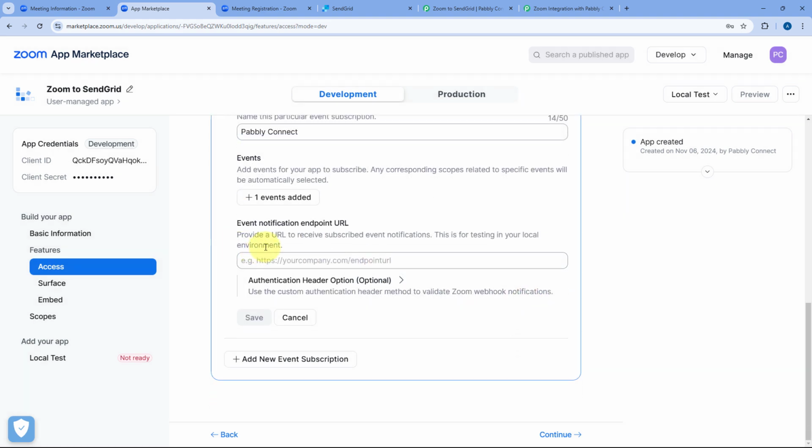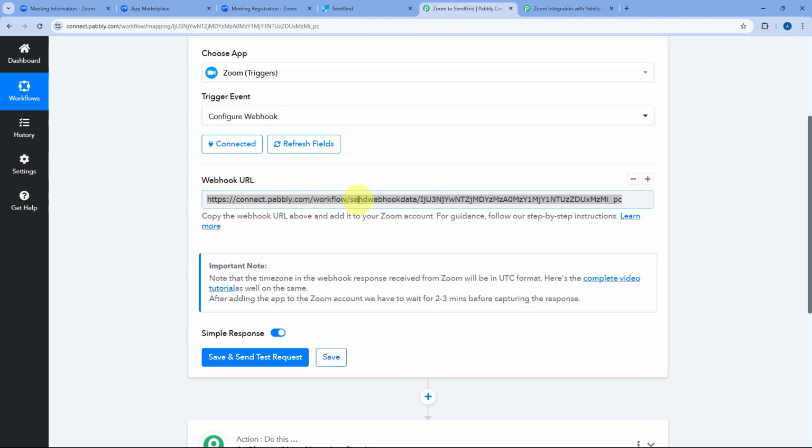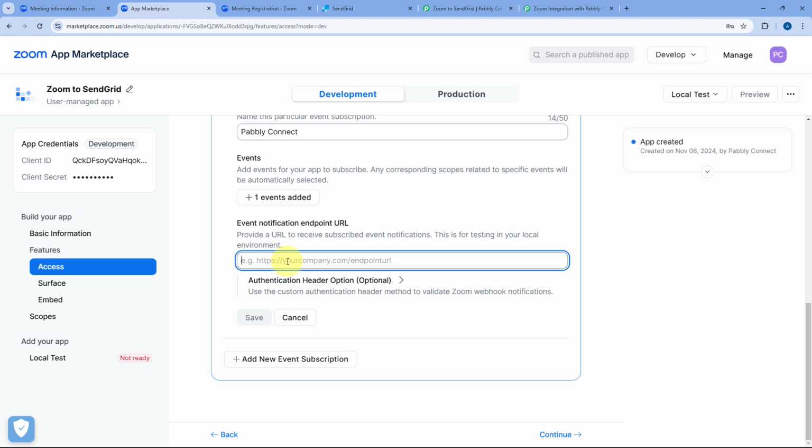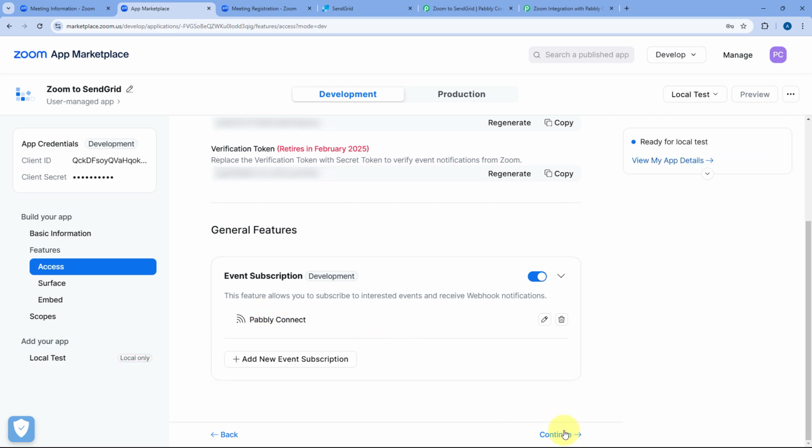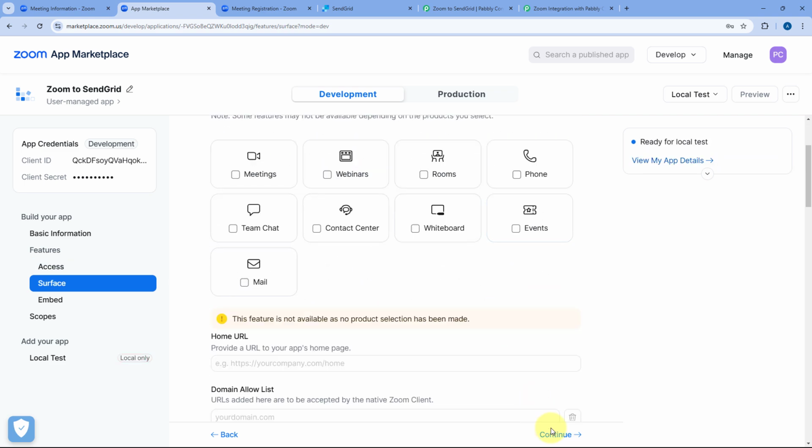After clicking on done, it is asking us for the event notification endpoint URL. And here we have to enter the exact same webhook URL which Pabbly Connect gave us. Just copy the webhook URL from here, go to this app and paste it over here. After pasting this webhook URL, click on save. After clicking on save, we will just click on continue,